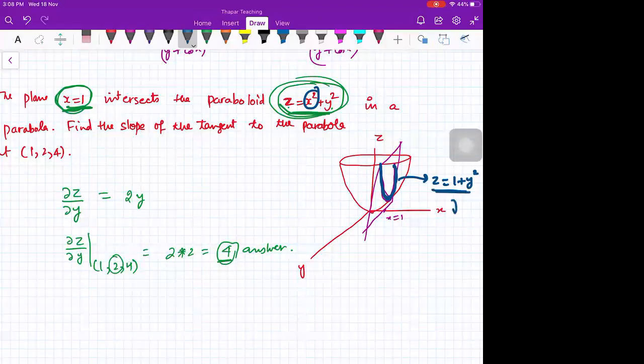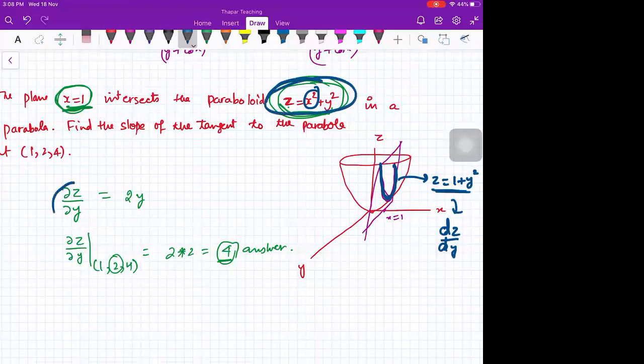You want to compute the slope, which means you want to compute curly z by curly y. Although if you look at this, it is dz by dy. But because we will not actually put x is equal to 1, we will write it as curly z by curly y. Is that okay now? Is that thing clear, beta?